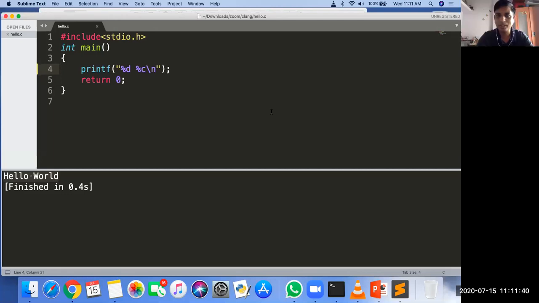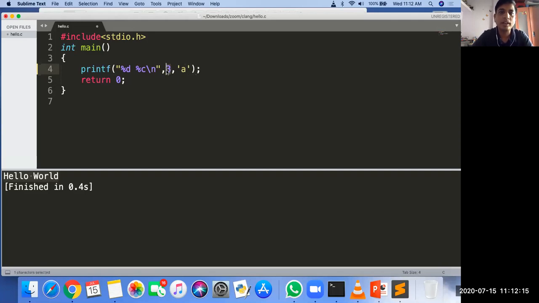Yes, so the correct answer is what Dipti said: it will print a random number. It will not print %d, %c. Why random? Actually, it will generate a warning, but rather than stopping, it will run perfectly. But what happens if you provide numbers, 3, 4? Suppose 3 comma a.